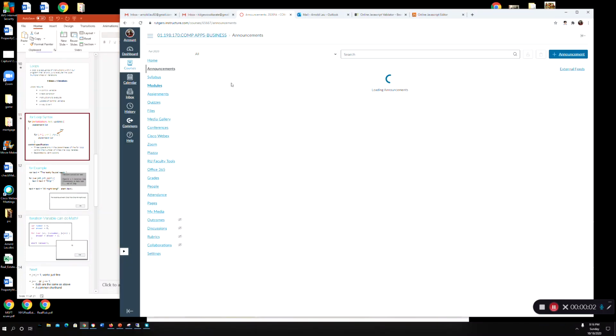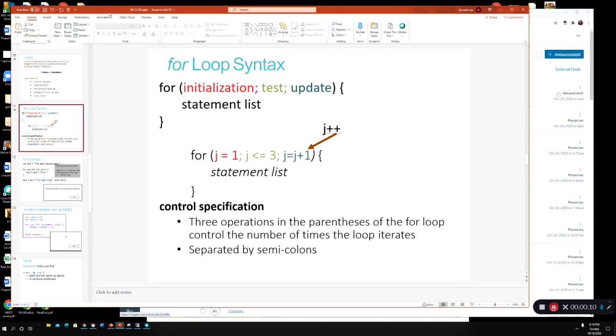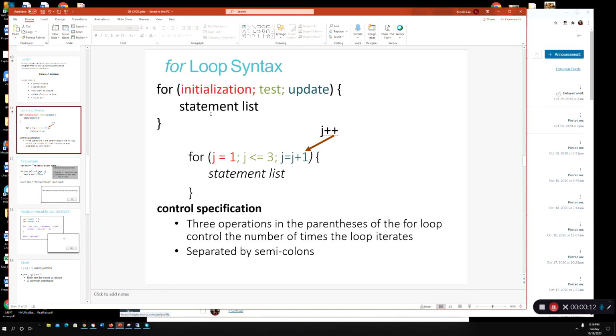Hi, welcome back to CS170. We're on week 8, still processing on loops right now. So the last lecture I left you off with, we finished off this example